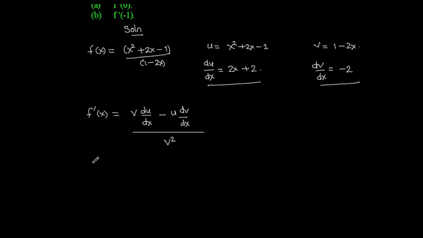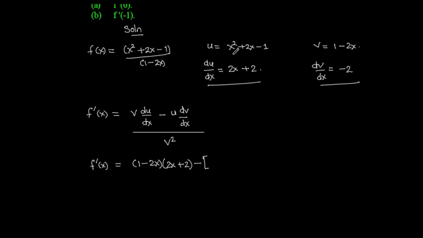So let's move on and make substitution into this formula, where we have our derivative of this function given by v, and our v is 1 minus 2x. We multiply it by du by dx, and du by dx is 2x plus 2. Then we come up with our subtraction sign here, and we can create another square bracket where we'll bring in